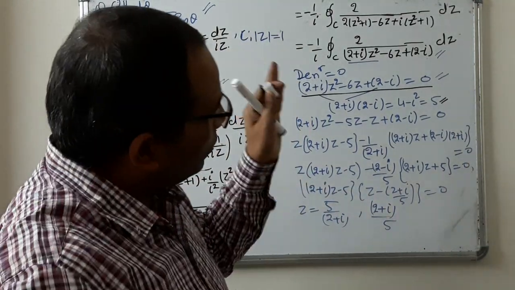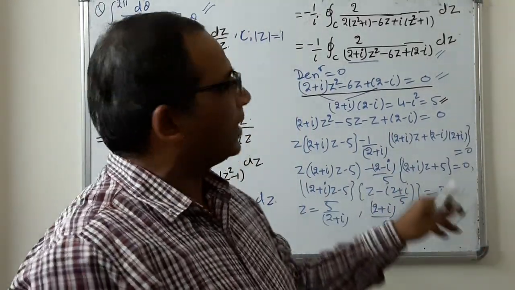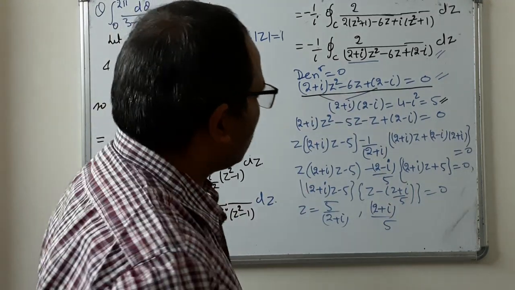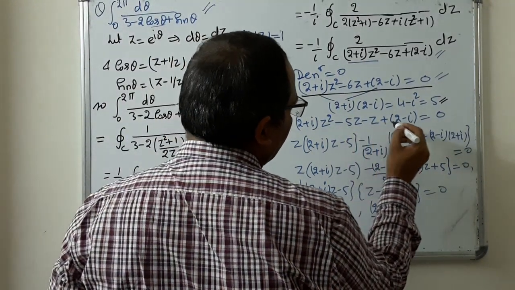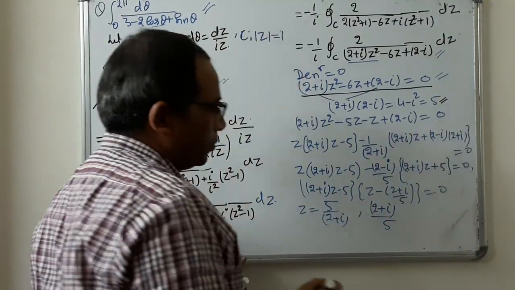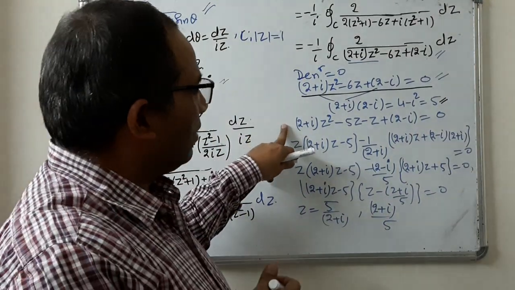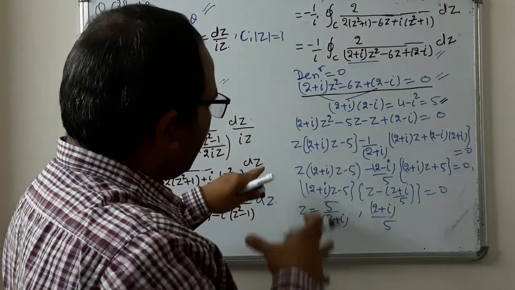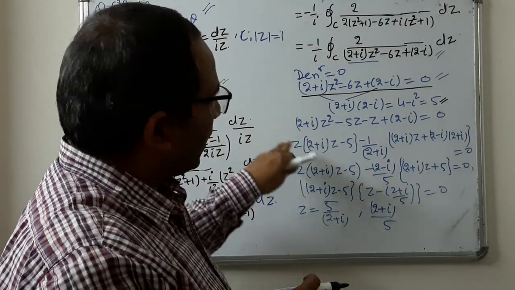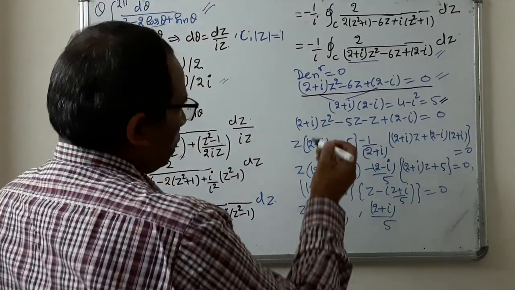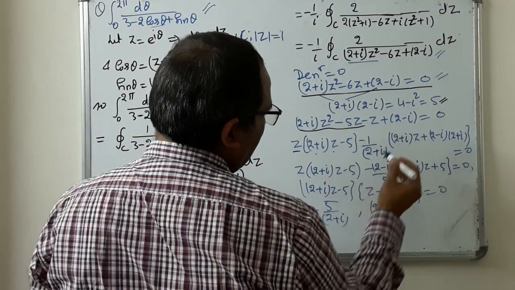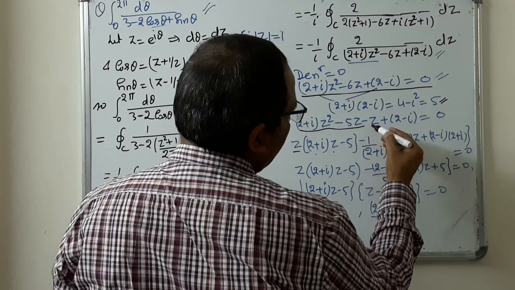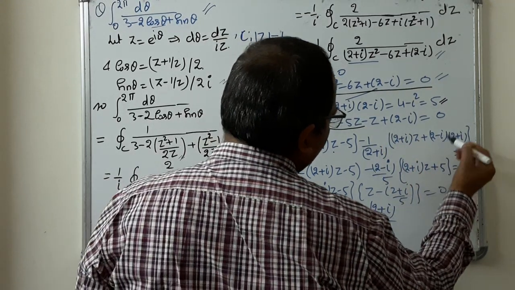So we have to divide 5 into 2 parts such that the sum is equal to 6. So write 5 plus 1. We write (2 plus i)z square minus 5z minus z plus (2 minus i) equal to 0. Factorization is also important, because we should take care that there is no error in this factorization, right? From the first two terms we take z common, so (2 plus i)z minus 5, and from the other two we take minus 1 common, so we get z plus (2 minus i).